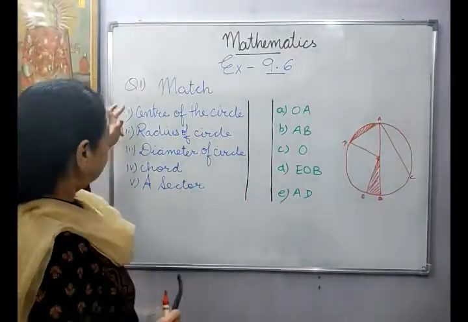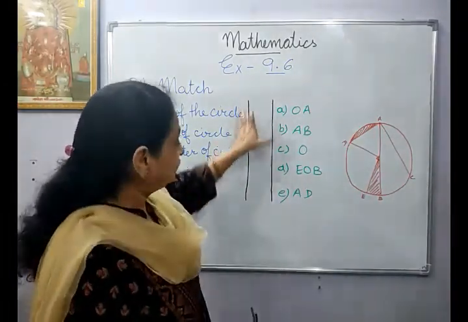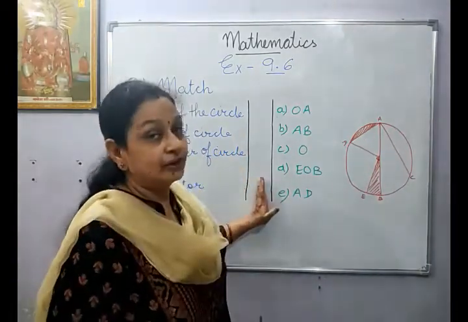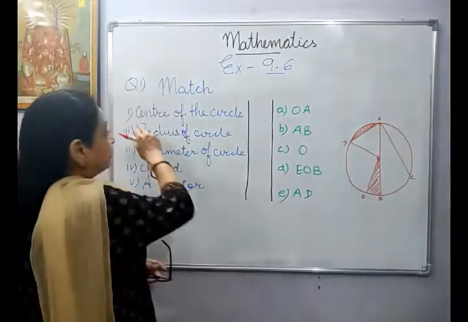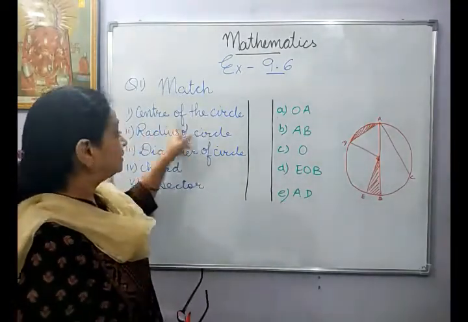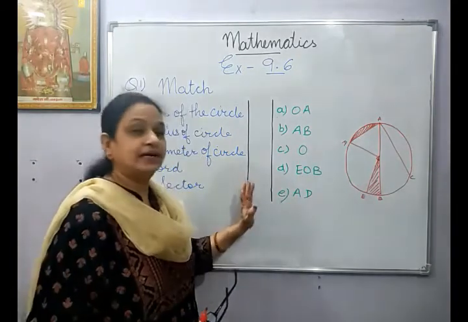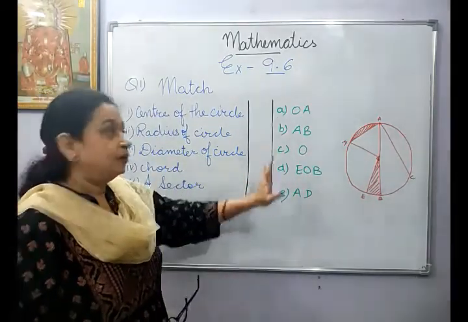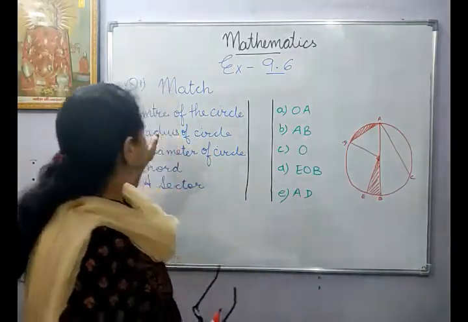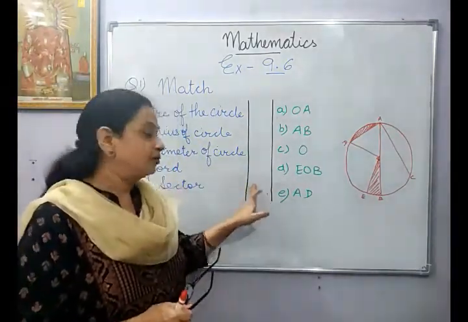See children, when you match, the numbers are written over here and the alphabets are written over here. When you match, you always draw the line in the center. Or there is some other way, but if there is a line drawn in the center, then how you do it: you read this, you consider as question and these to be the answer. Now read the first question and just find out the answer. And just write the correct number in front of it. Don't do it the other way. Always follow the rubrics. That is, you find out the answer and you write this number in front of it. That is how you match them.